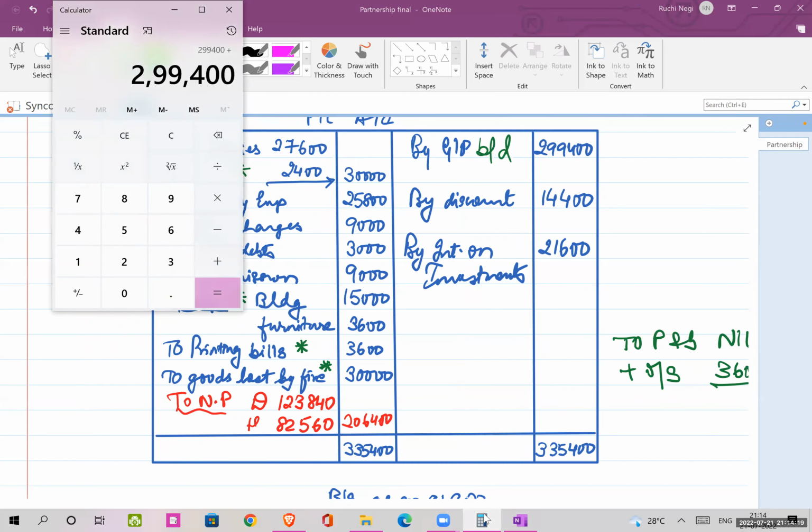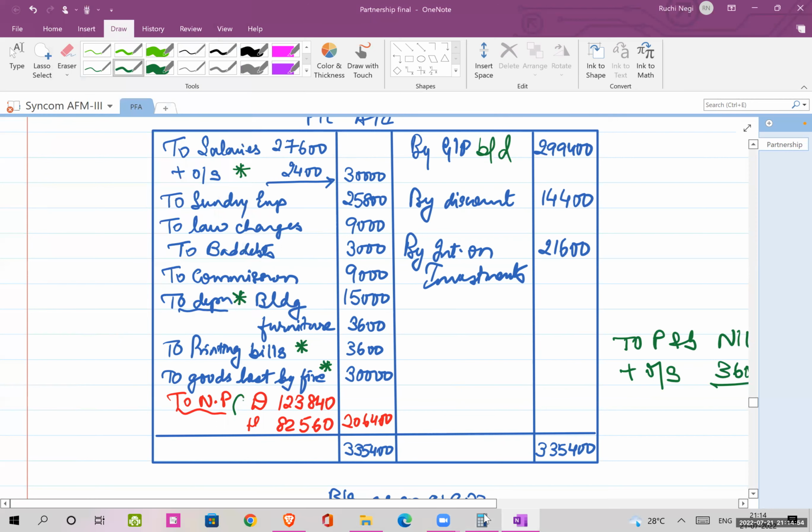And add 14,400 plus 21,600, 3,35,400 minus the debit side 30,000 minus 25,800 minus 9,000 minus 3,000, again minus 9,000 minus 15,000 minus 3,600, again minus 3,600 minus 30,000. Okay, so this is my net profit 2,06,400, which will be divided in the capital ratio